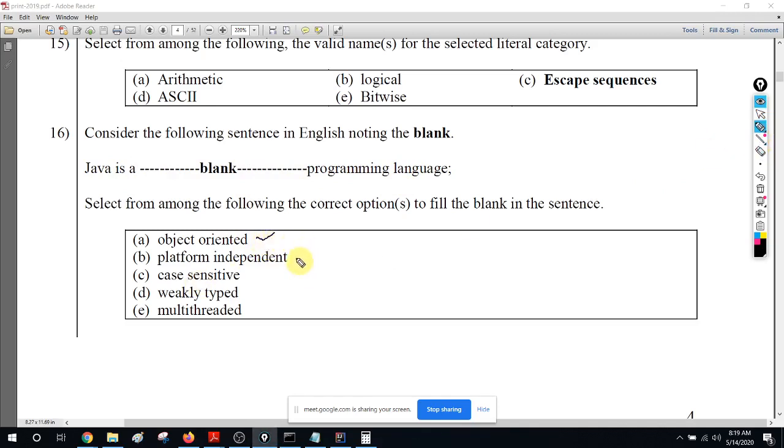Java is platform independent. Yes. Java is case sensitive. Yes, right? So in Java, if you have a variable called x, after some time you can't say capital X. Java is weakly typed? No, Java is strongly typed. We discussed that, right? That is why we have a separate chapter called programming languages, computer languages. I have taken it to a separate chapter actually.